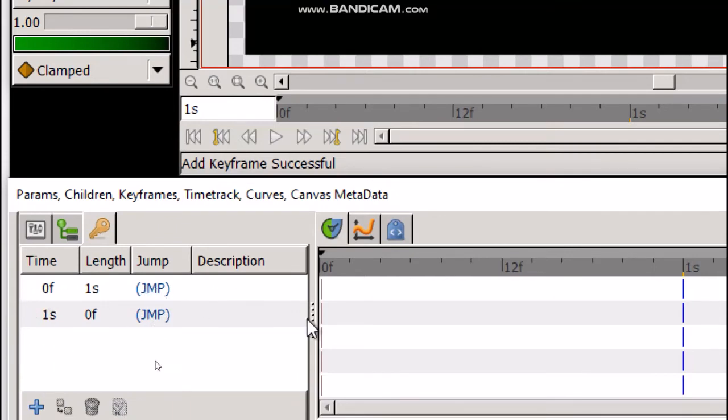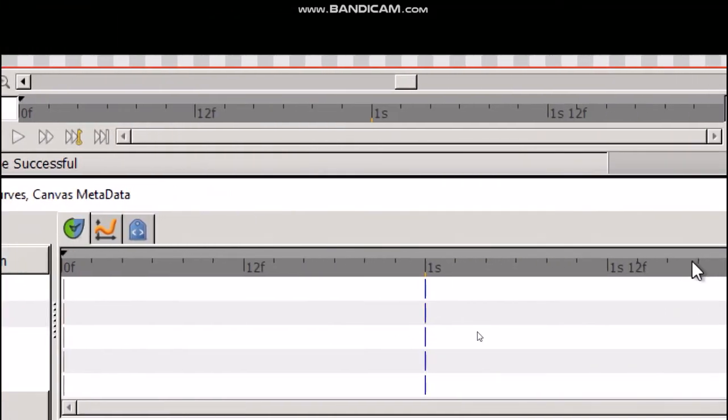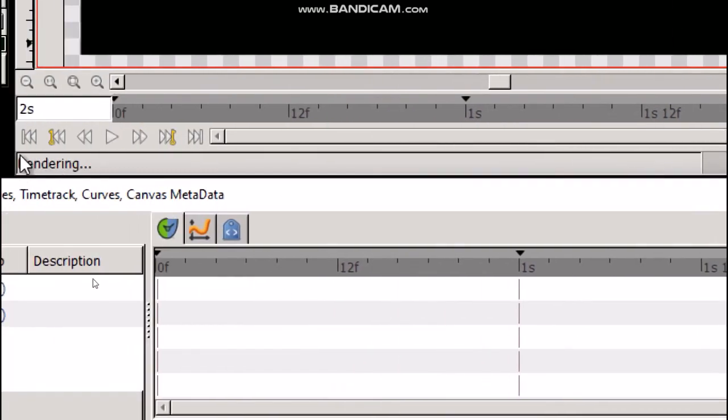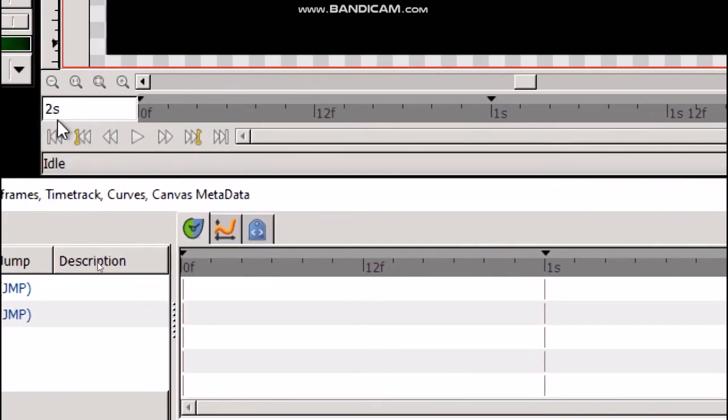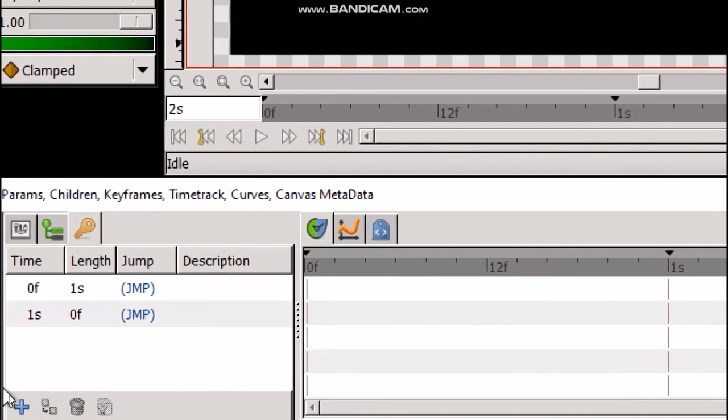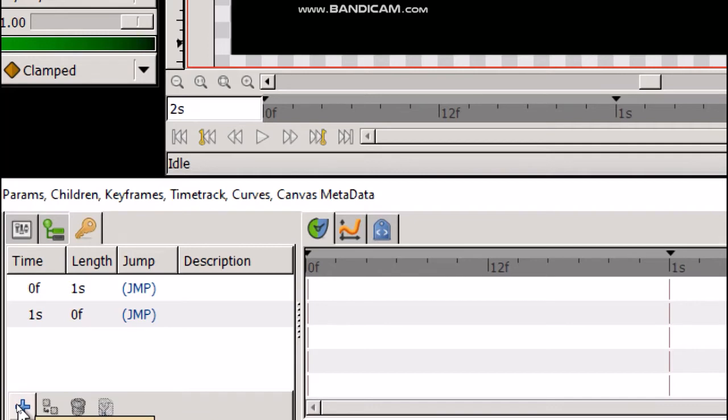Now again go to the 2 second mark on the time slider. Click there. So 2s is displayed in the entry field. Now click again on the plus sign to add the third keyframe. This is the third keyframe. So now there are three keyframes in the list.